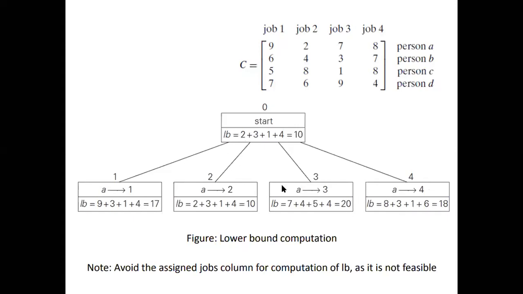Instead of 2, it is 8, plus 3 I will retain as it is, plus 1 I will retain as it is, plus 4. I cannot write 4 here because I am assigning job 4 to person A. Instead of job 4, check for the next minimum value. The next minimum value over here, if you observe, is 6. Correct? So write down 6. Now the value is 18. Is it clear? The total cost is 18. Any doubts here? So we should keep verifying with the initial node and then do it. The only condition you should keep checking here is, if you are assigning job 2, then job 2 cannot be assigned to any other persons, correct?